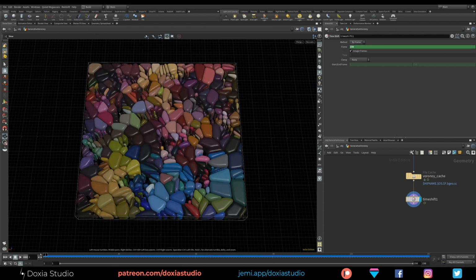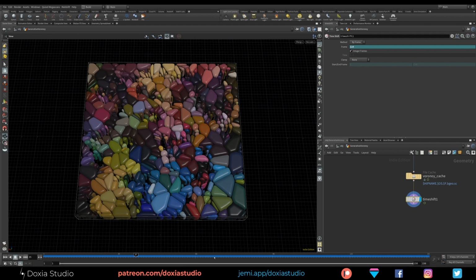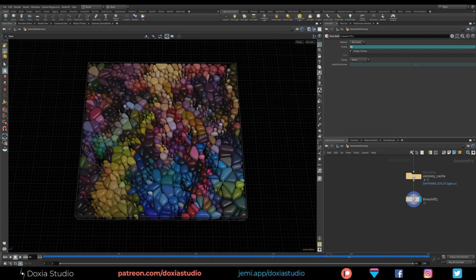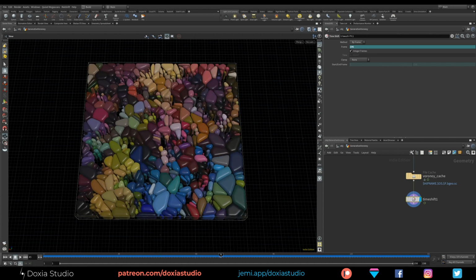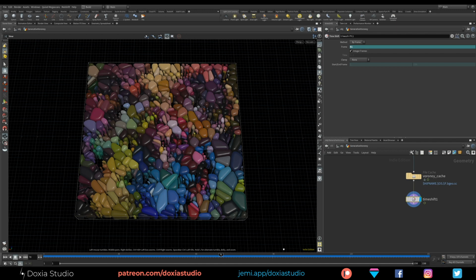This way, as you can see, we are starting with the artwork deformed, and during the time we can see that our artwork is being formed. So this is one way of doing generative art. Just a little tip and trick.